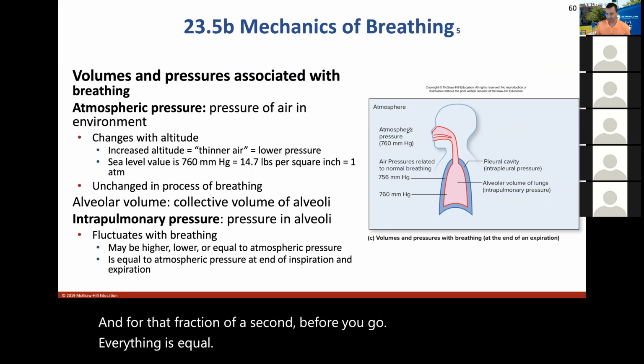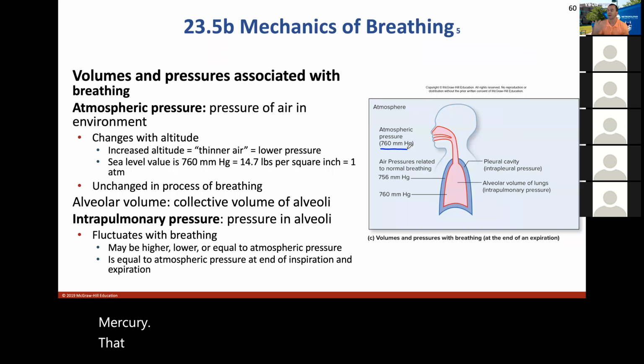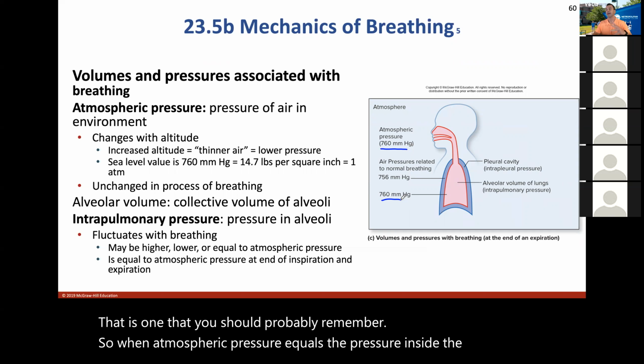Intrapulmonary and atmospheric pressure are equal. It is 760 millimeters of mercury. That is one that you should probably remember. So when atmospheric pressure equals the pressure inside the lungs, i.e., inside those alveoli,